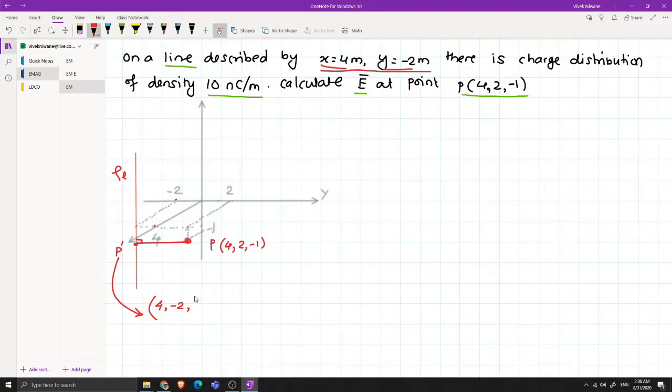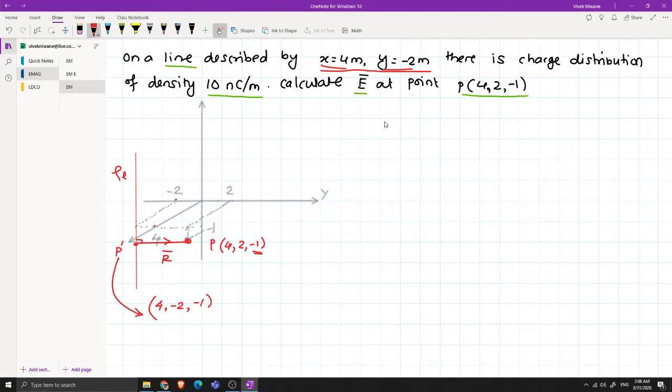Now question arises for third coordinate of P dash. What it should be? Do remember that without thinking about geometry, the third coordinate will be same as that of point P. यहाँ पे third coordinate कौन सा है? -1 है. Write it down over here, -1. Don't think much. Okay. So we do have two coordinates, P dash as well as P, and now draw a vector r bar from P dash to P.